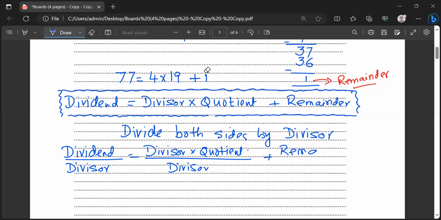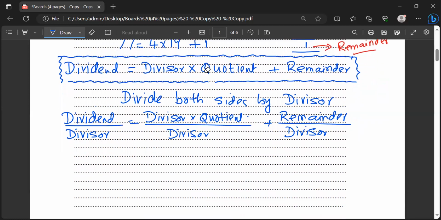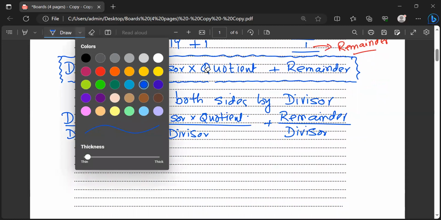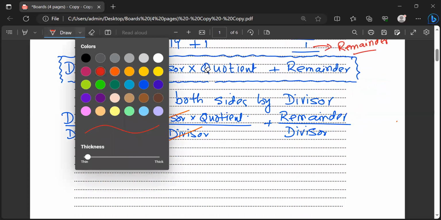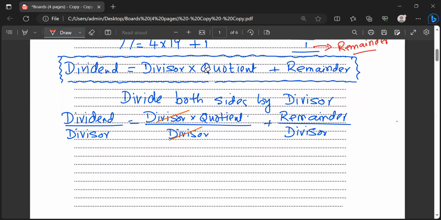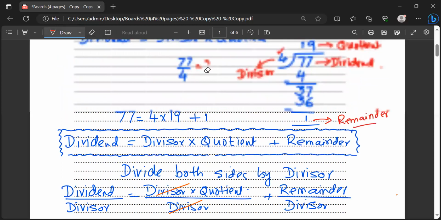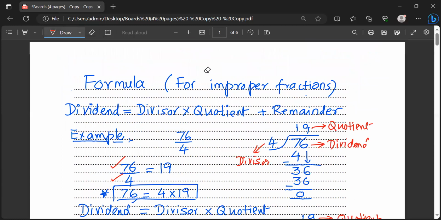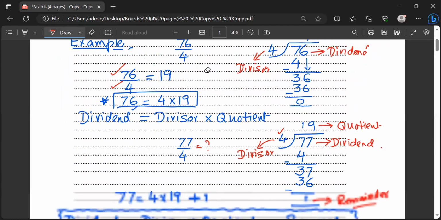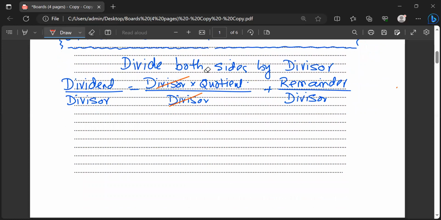And remainder over divisor. So this is basic algebra, I divided each and every term by the divisor. So here this divisor cancels with this divisor, and you can write next. Dividend over divisor. We are discussing this improper fraction. So dividend over divisor is the improper fraction. So I can write over here that improper fraction